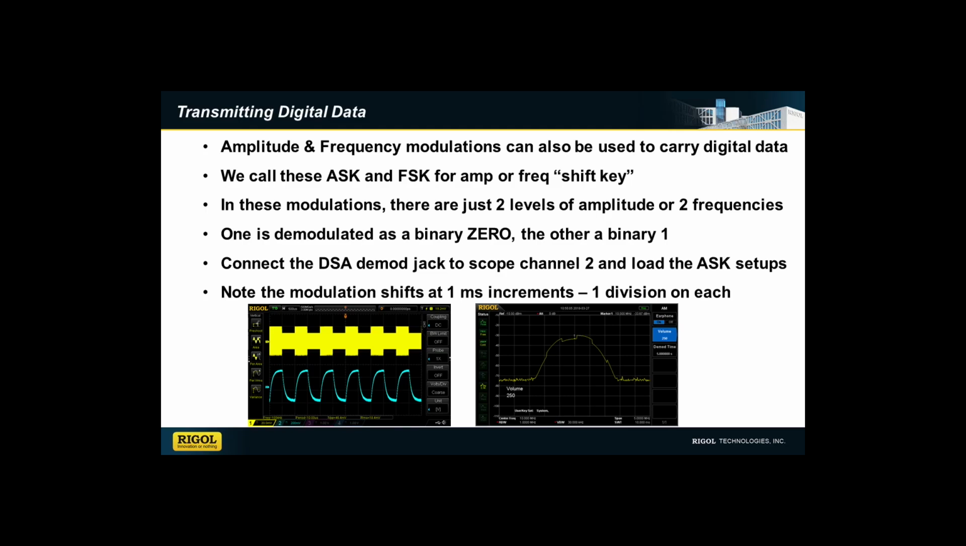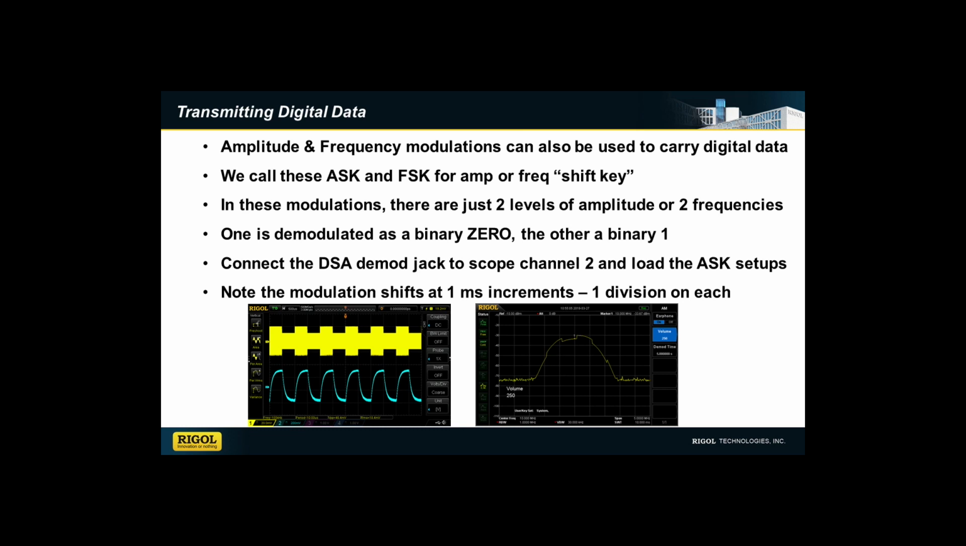So let's summarize the digital data transmission that we just looked at. We used two types of modulation, amplitude shift key and frequency shift key. In these modulations, there were just two levels: in one case, two levels of amplitude, or two frequencies. One is demodulated as a binary 0, the other as a binary 1. We connected the DSA demod jack, and then we could see both the signal and the demodulated ones and zeros